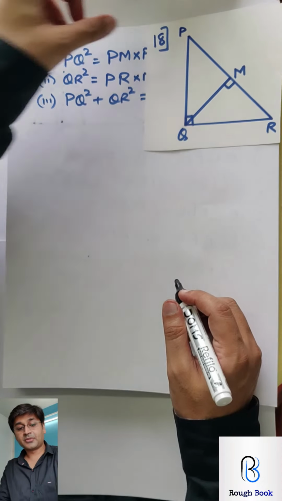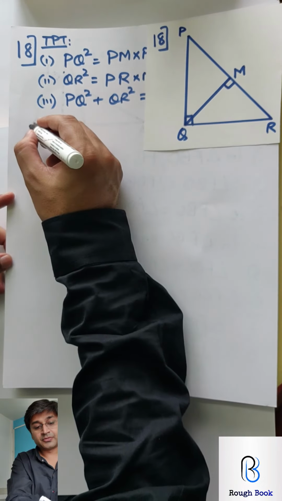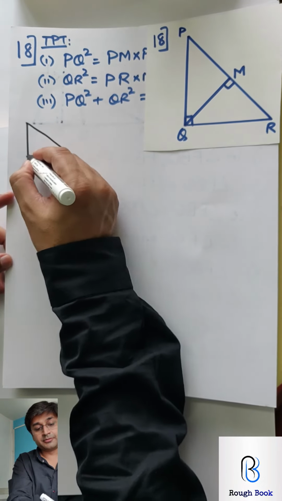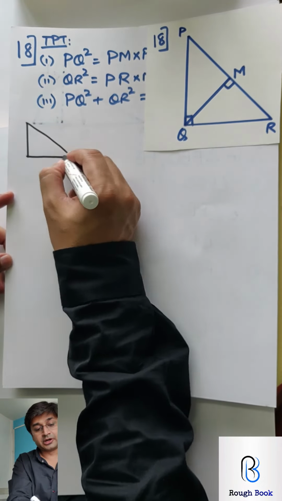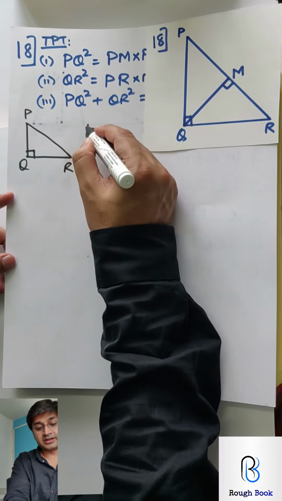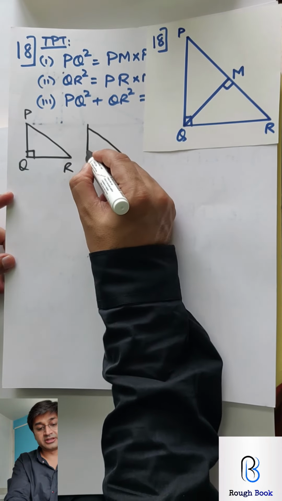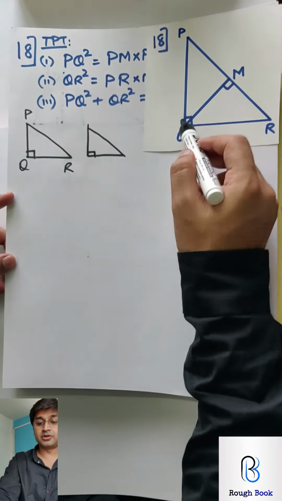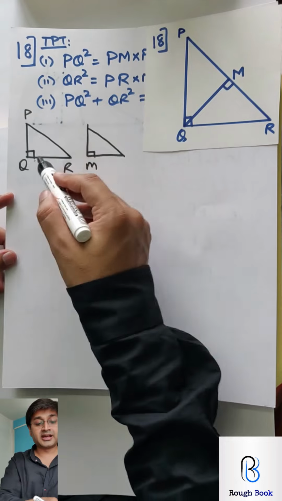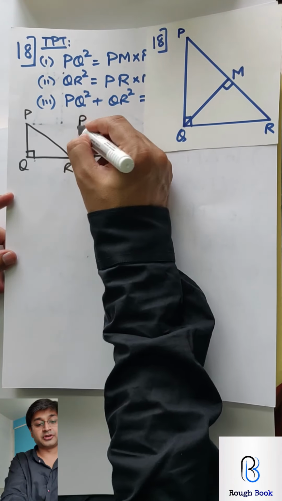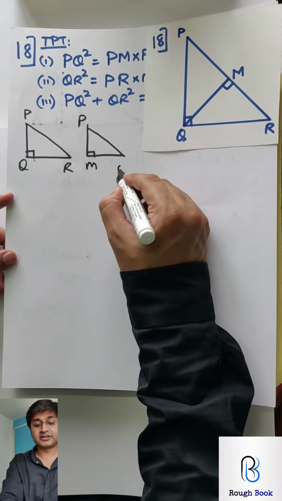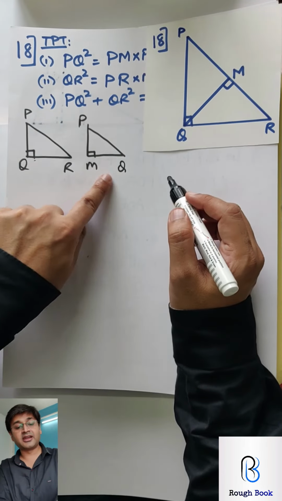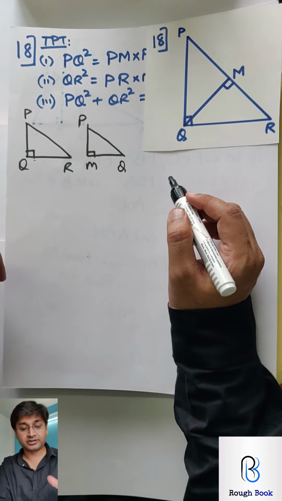So that's my diagram. How will I draw the two triangles? I'm first drawing the bigger one, PQR with this 90. Now the smaller one in the same way I'm trying to draw, with this 90. So this triangle PMQ, so 90 will obviously come over here. So both 90. Then P is a common angle to both, so the placement of P should be at the same place. So what is left is Q. So you got the second triangle written in the same one-to-one correspondence.